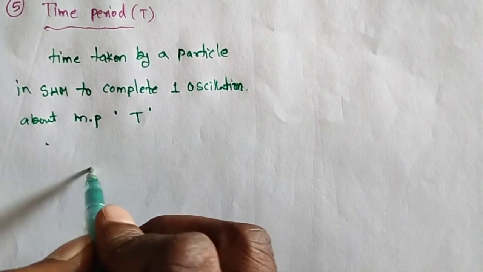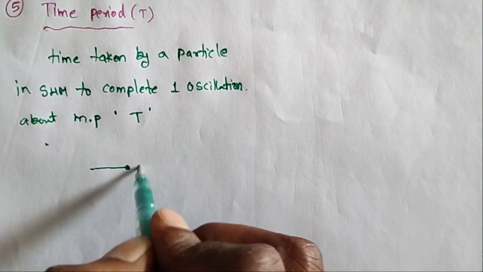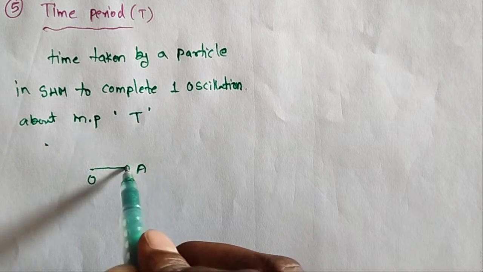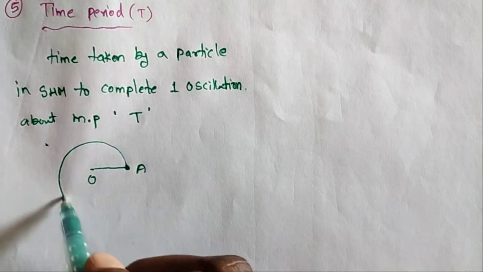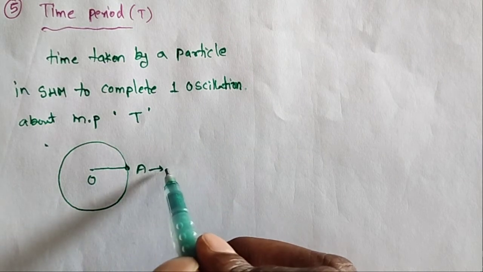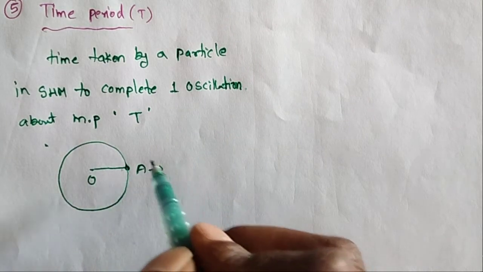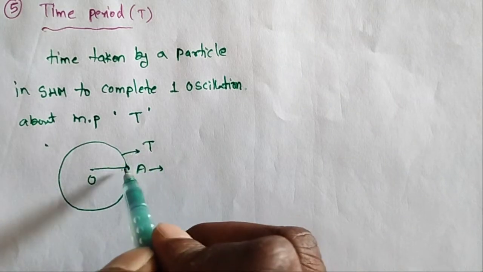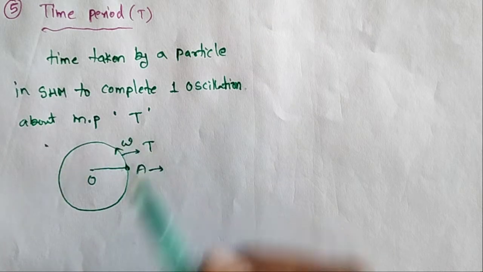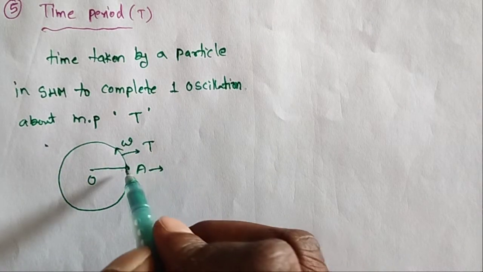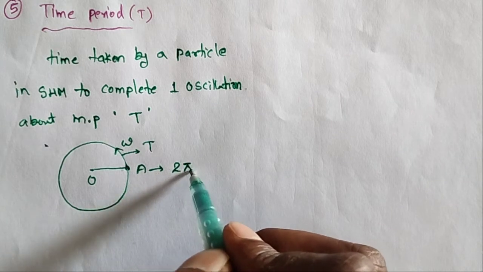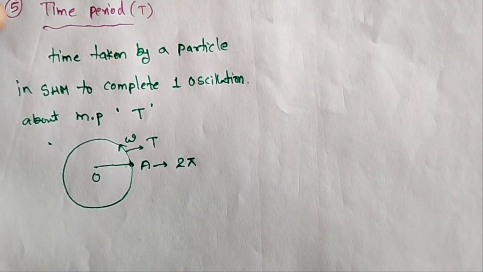Here I am taking, so this is a particle starting at a position. Suppose the particle starts here, a complete oscillation means one complete circle, it gives the same position after some time. So this is called time period. Here the particle is moving along a circle with constant omega, and it comes back to the same position. How much radian, how much displacement is moving? 2 pi displacement is moving.